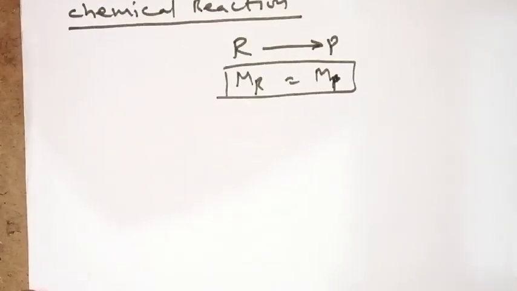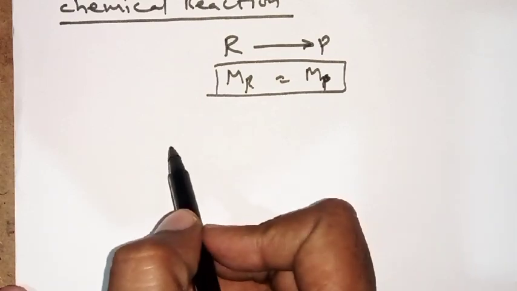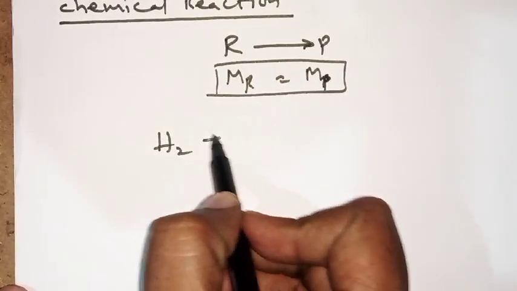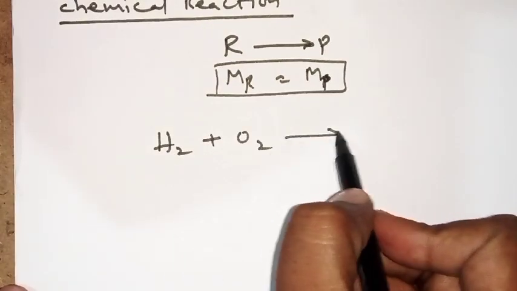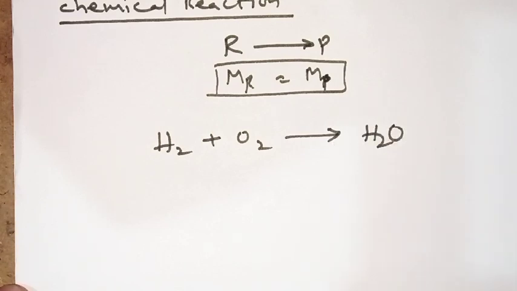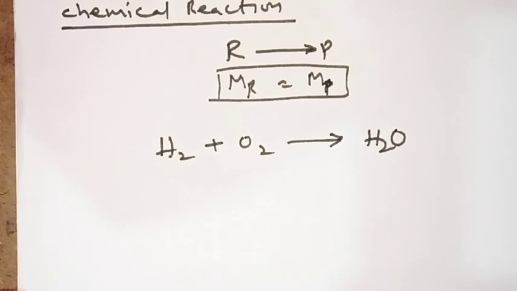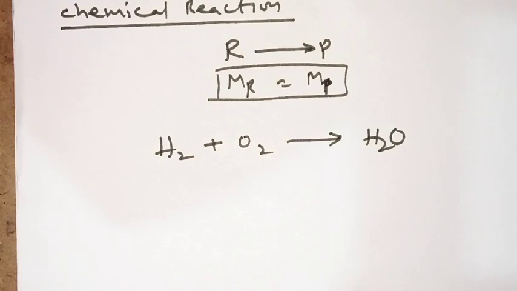We shall move from simple to complicated. So first, a familiar equation we shall take. Hydrogen reacts with oxygen, it forms water. This is the basic reaction. Before applying the mole and its analysis, first look at the reaction: is it balanced or not? In the language of chemistry, we can say it is stoichiometric or non-stoichiometric. Stoichiometric is nothing but balanced. Non-stoichiometric is nothing but non-balanced, otherwise called a skeletal equation.